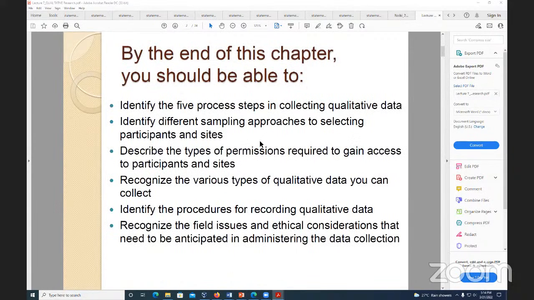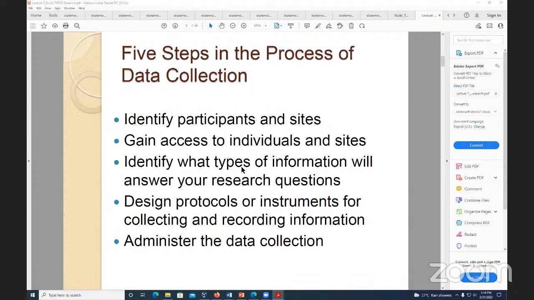So there are a number of things that we want to do today. I'm not going to read that list. Based on this slide, there are 5 steps. Depending on what textbook you're reading, there could be other steps. But usually in data collection, if it involves people, you want to figure out what is your population, and what percentage of the population you're going to look at. Those are called the participants. Where are you going to go? How are you going to gain access?